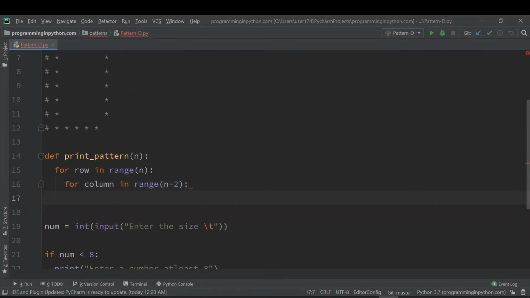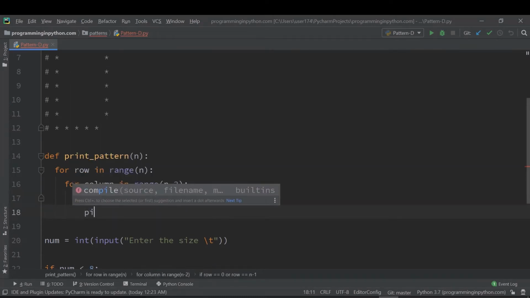So now here we'll have conditions for printing stars and spaces. I'll keep conditions for stars. When those conditions are met, stars will be printed, or else spaces will be printed. So if row equal to 0, or row equal to n minus 1, this is one condition. Here I will print stars,